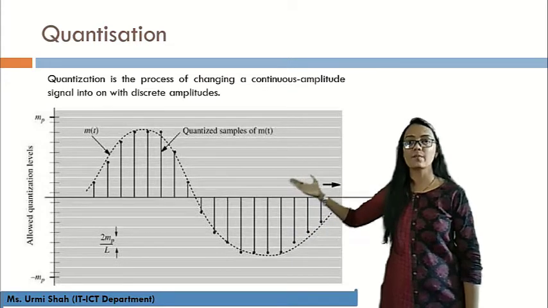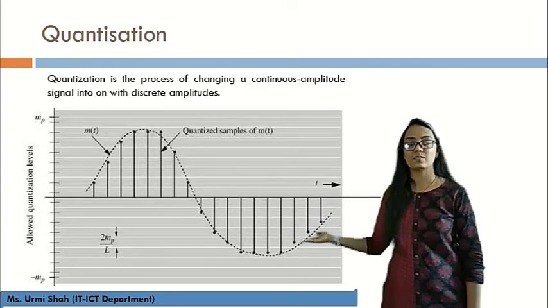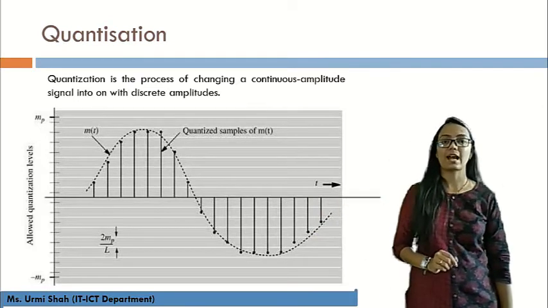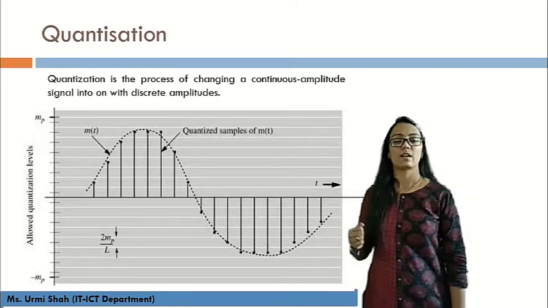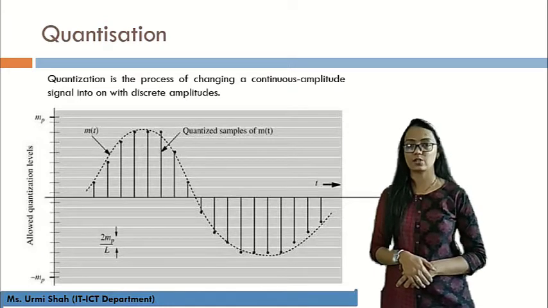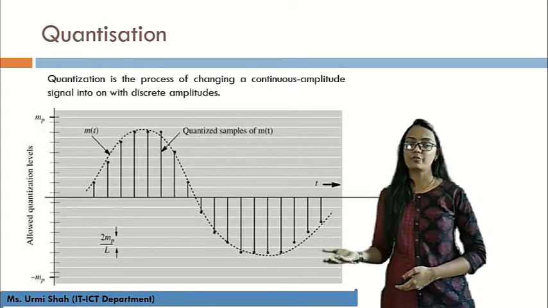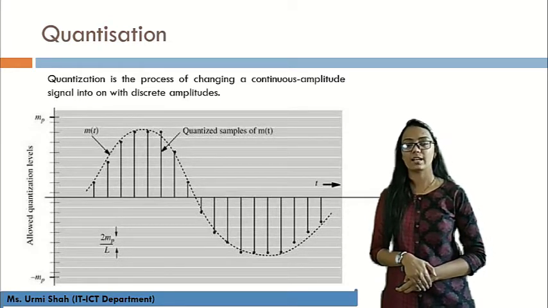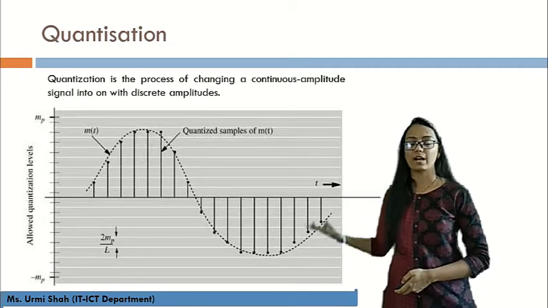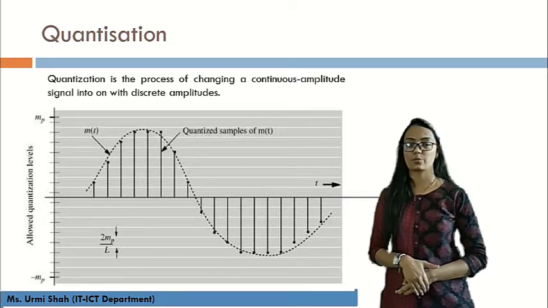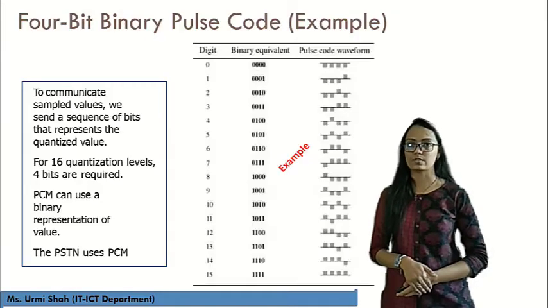As you can see over here, the continuous waveform has been discretized in the form of specific amplitudes at specific time intervals, and that is known as quantization. This process is very important in the field of digital communication, whenever we are performing digital transmission of any signal via some application and we require the source signal as an analog signal. This quantization process is frequently used.